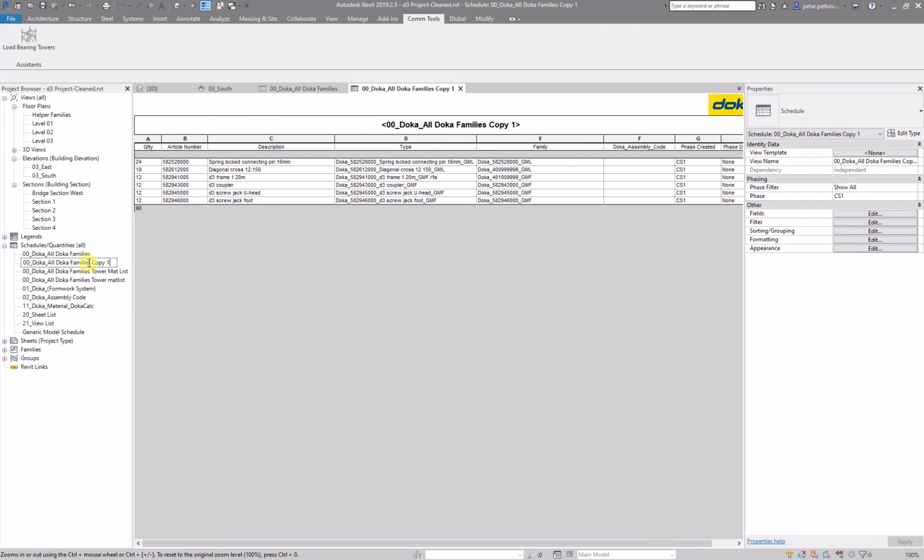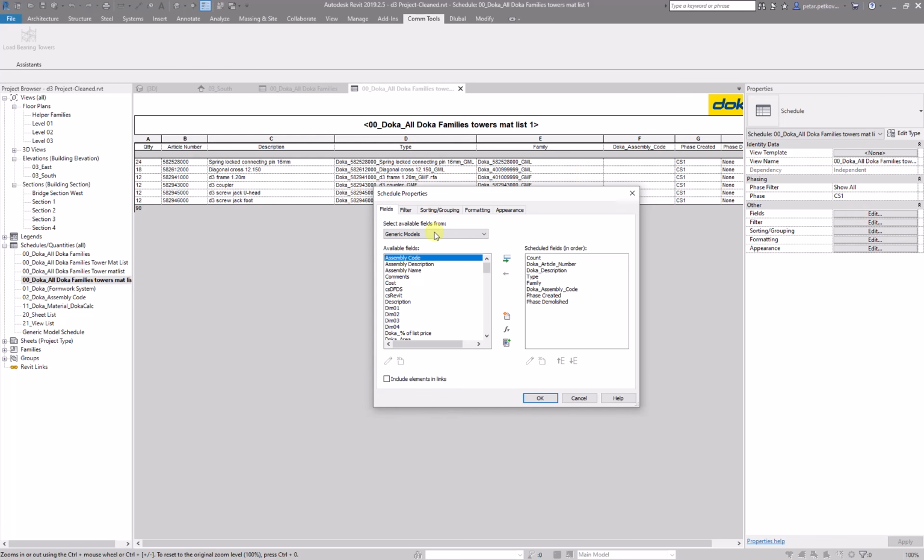Then you can rename it to towers mat list 1, because I already have one. Then in this one you just go to fields and scroll to this field that I just showed you, unit assembly code. I enter it, then you shift it to the top,